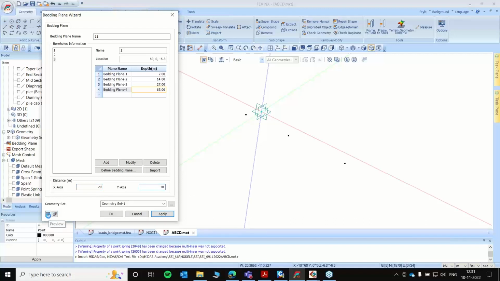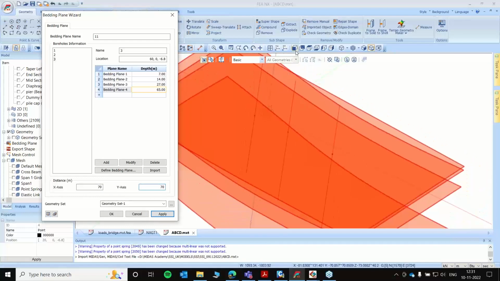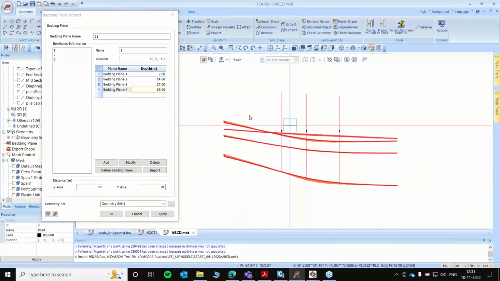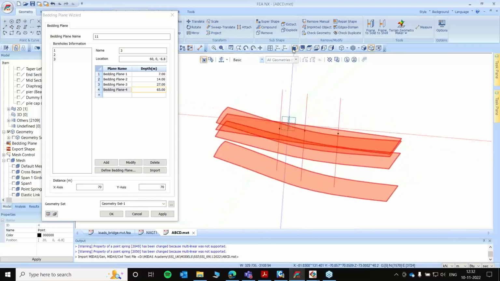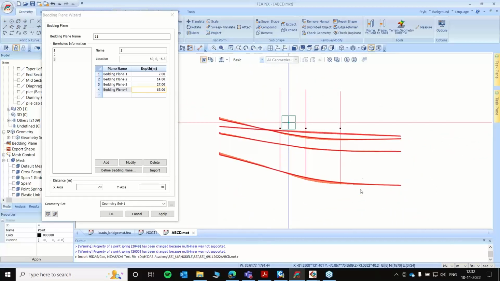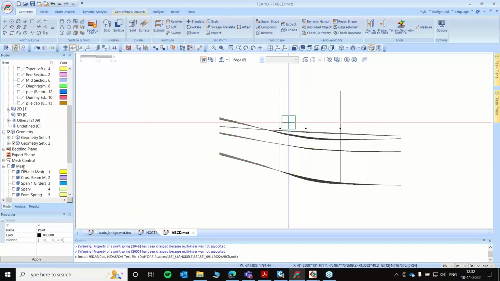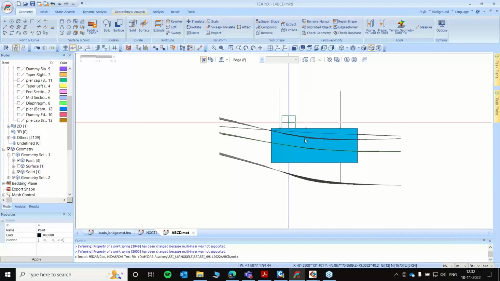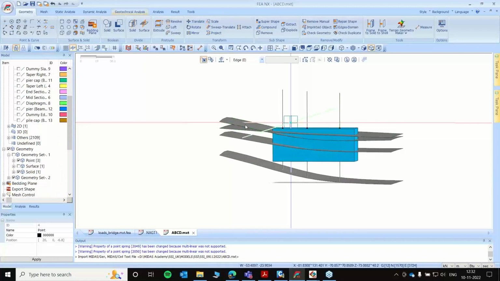So I'll do a preview of that first. If you go to side view, these are your borehole data. Okay, like this. So you can use that too to create your solids. Okay, let's say I create a new geometry for this, and if you want to define your solid based on this, just click on the solid.